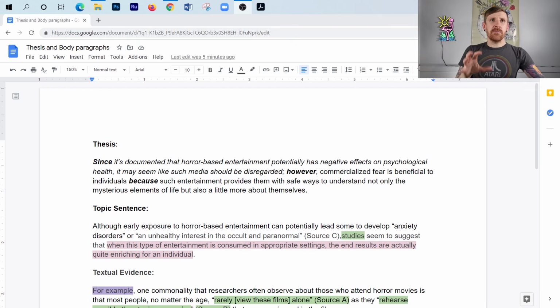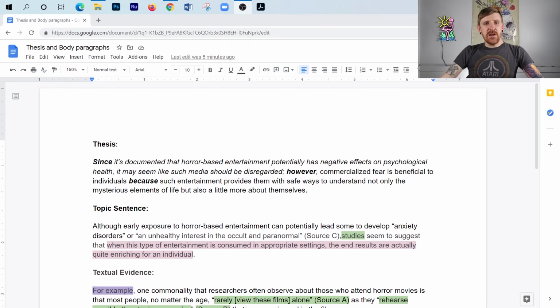actually produce body paragraphs. Now, what I decided to do today is, if you've been watching any of my videos, you know that I don't like horror films. And of course, it would make way more sense for me to write an argument that says, hey, this idea of commercializing fear and horror is terrible for an individual's psyche, and it leads to bad behavior and whatnot. And because that's what I would be expected to do, I decided to write from a different perspective. And the reason why is because we have to be able to do that. We have to be able to say, okay, can we argue for the other side objectively? And I decided that I wanted to try to do that.